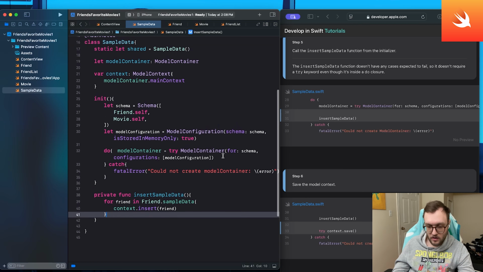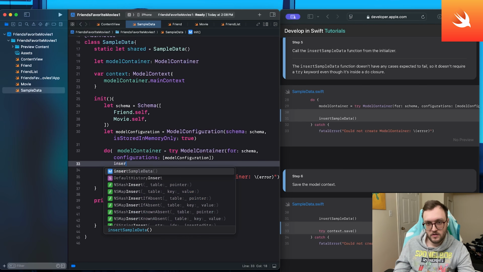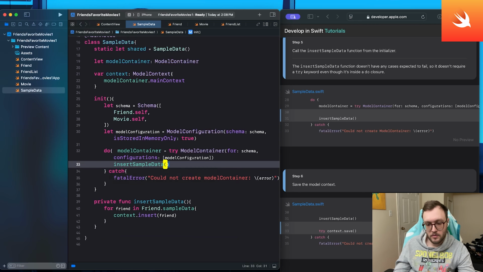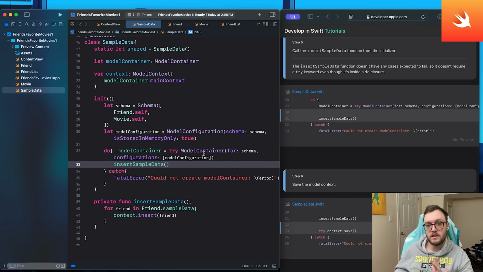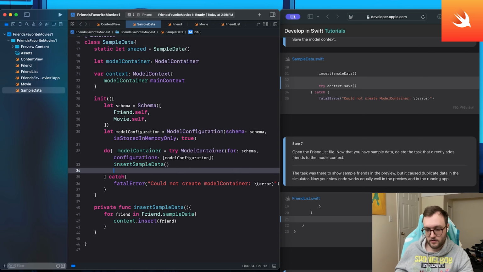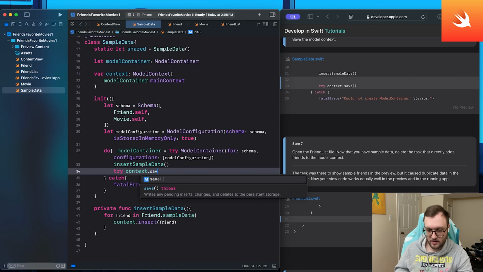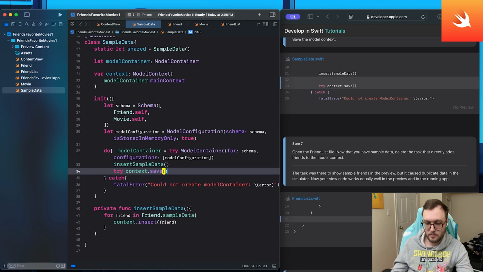So within our do, before our catch, we're going to reference that insert sample data. This is going to insert the sample friends, eventually movies, into the context so our views have something to show. And we'll also want to save this data. We are using SwiftData after all. So after the insert sample data, let's try the context.save, which is built into